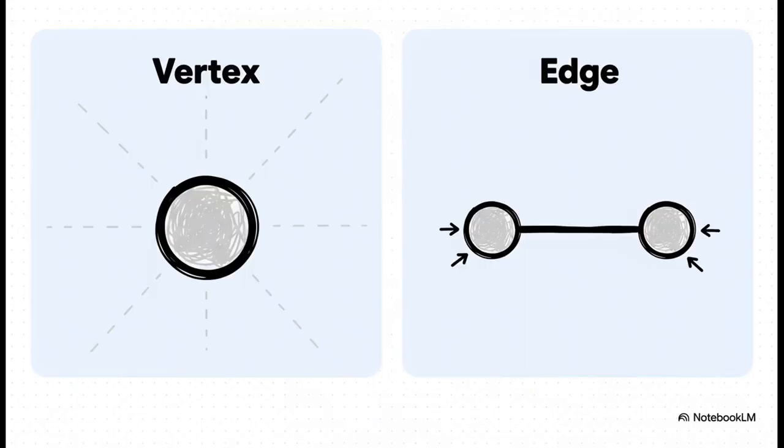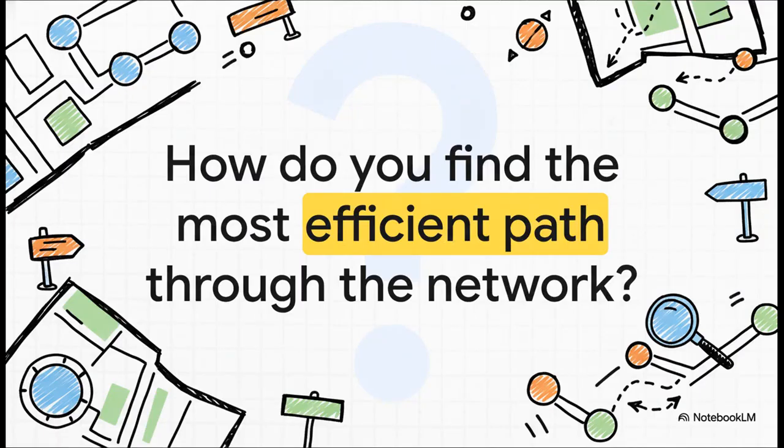And the basic building blocks here are so simple. The dots, they're called vertices. The lines connecting the dots, they're called edges. That's literally it. Just with those two concepts, vertices and edges, we can model almost any network you can possibly imagine. And, of course, that leads us to the million-dollar question. Once you've mapped out your network, how do you find the best way to get from point A to point B? In other words, what's the most efficient path,